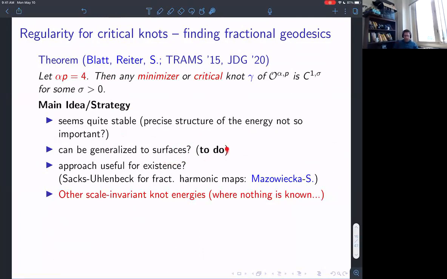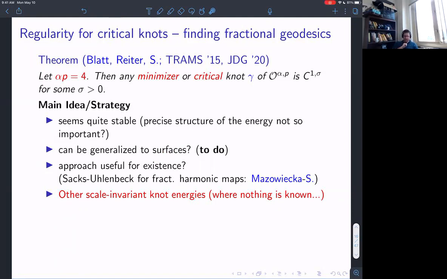Nothing is really understood there in the scale-invariant case. These things appear in modeling. I always like to sell this: for knot energy, some DNA coiling or whatever you want, or for surfaces, some cell structure. Sometimes you want self-repulsive energies, but we don't really understand them,